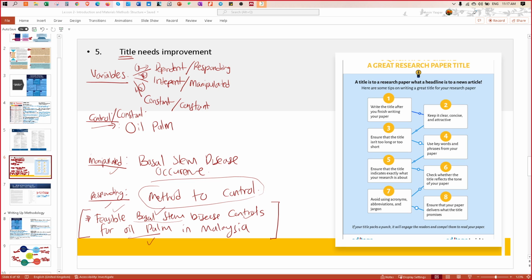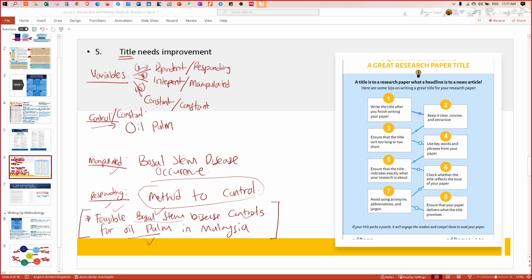Oh, okay. So you have different levels of soil, different types of soil. And from each of the soils, you study the occurrences of the disease in the plants. Correct. How do we quantify the responding variables? How do you quantify the occurrences of the disease?